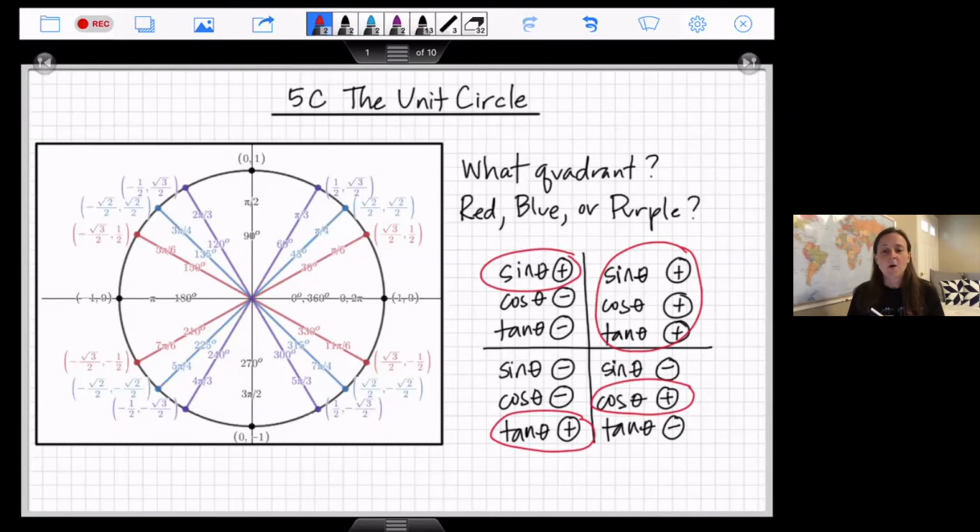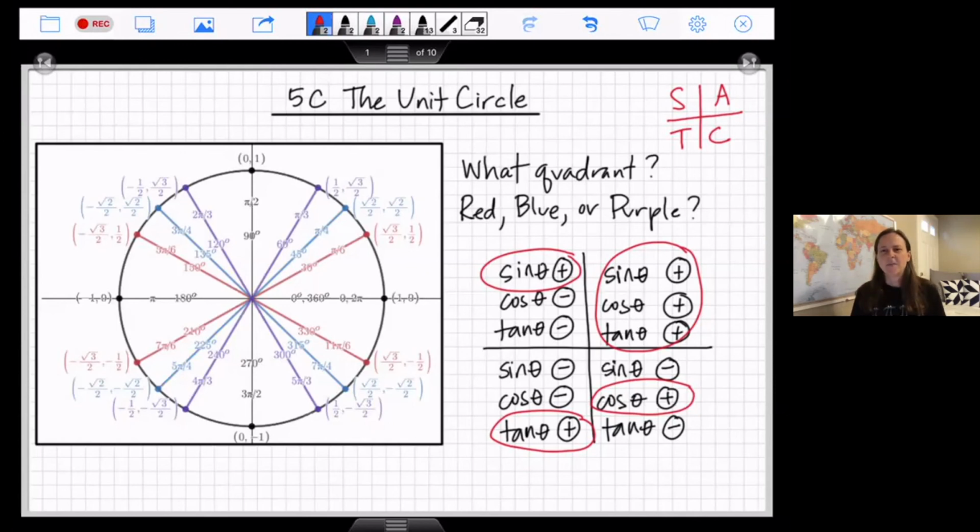All right, so we have a way of remembering that, and that is this mnemonic device. Let me see if I can squeeze it in up here. Okay, so when you're talking about sine, cosine, and tangent, in the first quadrant, all 3, that A, all 3 are positive. In the second quadrant, just sine. In the third, just tangent. And in the fourth, just cosine. Okay, so going counterclockwise from the first quadrant,